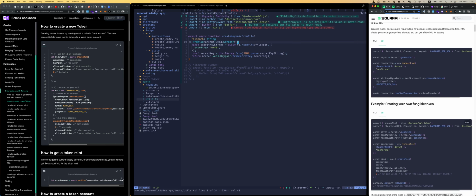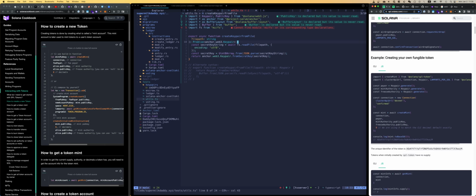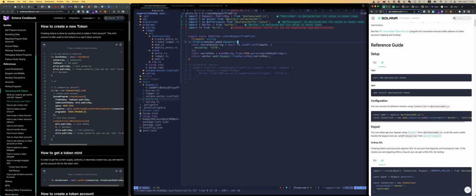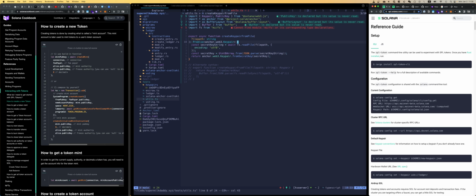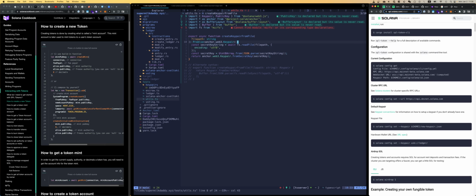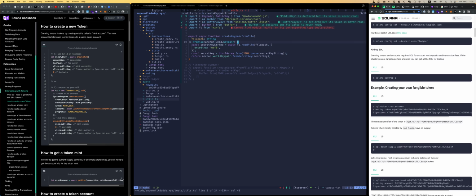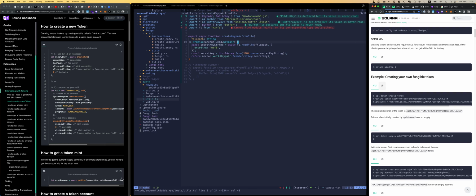Well, I'm just, so create your own fungible token. So if I have my token key pair, I want to see creating the token, supplying it, creating an associated token account. Yeah. But can